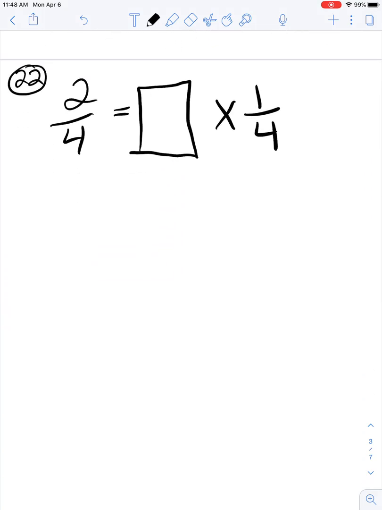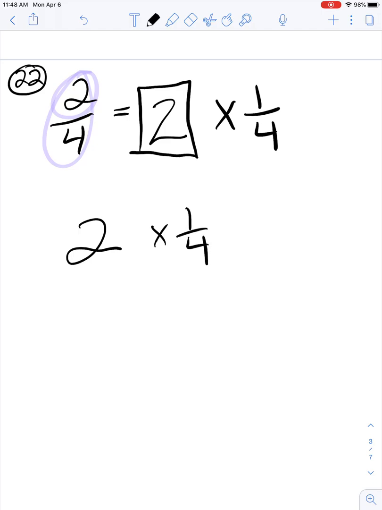Okay, on this one, this is basically saying that you're going to take 2/4 and do a whole number times a unit fraction. Remember, our whole numbers are big and tall. Unit means 1. So all we have to do is take the 2 like that, because that's my whole number 2. If I was going to multiply